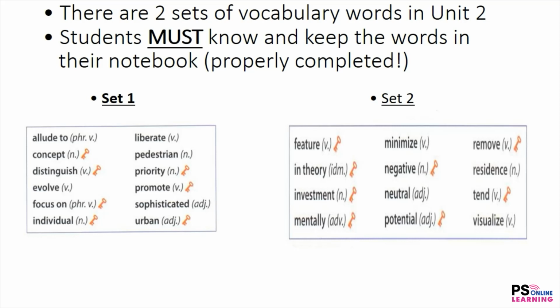Mentally is talking about your mind, how your thought process goes. Like if you say things like I'm mentally drained, that means you were thinking so much that your brain or your head is tired. Drained meaning tired. You can't think anymore because you're exhausted. That's mentally. Okay? Minimize is making something smaller. That's minimize.